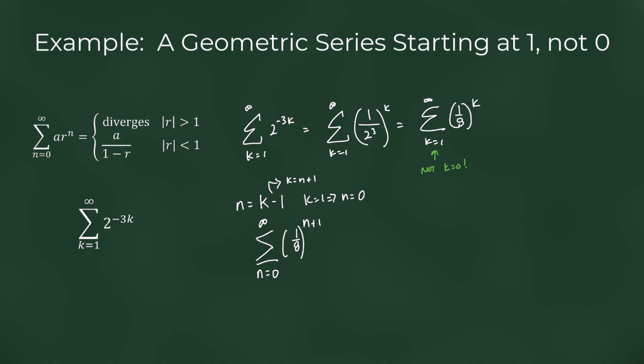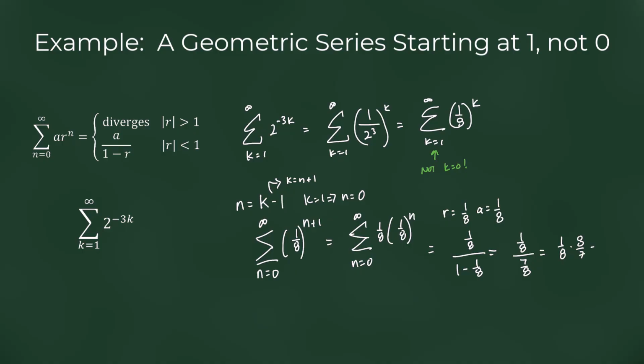Now we have this weird n plus 1, which isn't part of our formula, but we can rewrite this as the sum from n equals 0 to infinity of 1/8 times 1/8 to the n. And now we have a geometric sequence with r equals 1/8 and a equals 1/8. And so this is going to equal a divided by 1 minus r, excuse me. So that's 1/8 divided by 7/8,